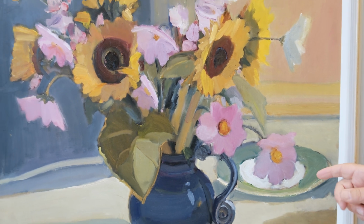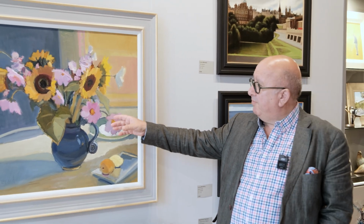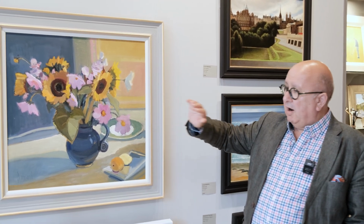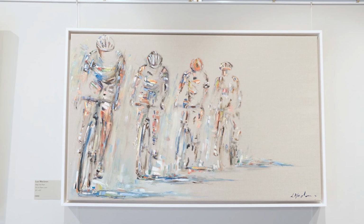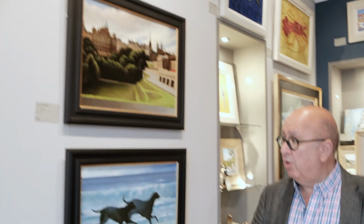Heavens above, I feel inadequate enough about so many things without the floristry ability. But look at this, the colours are superb, and that has just arrived. And we're showing it now in a very contemporary way under Lucy McLaren's paintings, with lots and lots of